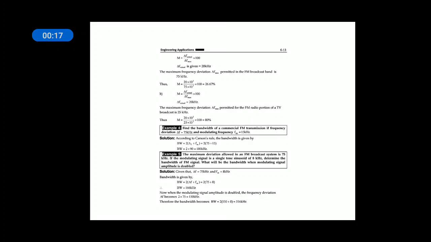I am teaching the analog communication subject for the 3rd semester of the Diploma in ECE branch in Telangana state. This subject contains 6 chapters, out of which 5 are completed. The 6th chapter we are dealing with now is named Engineering Applications. It is a combination of all the chapters with their problems.